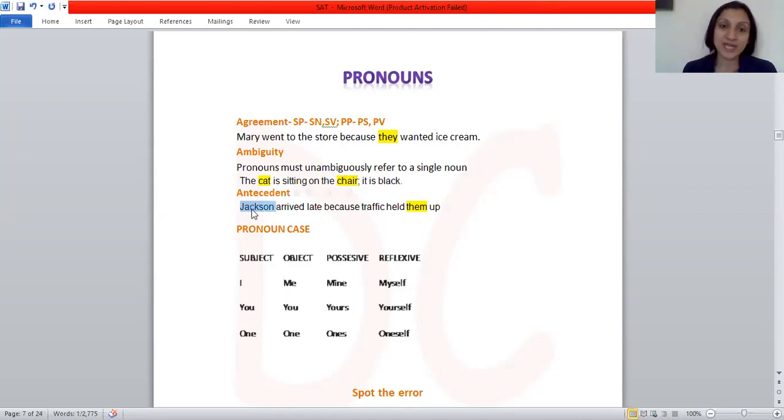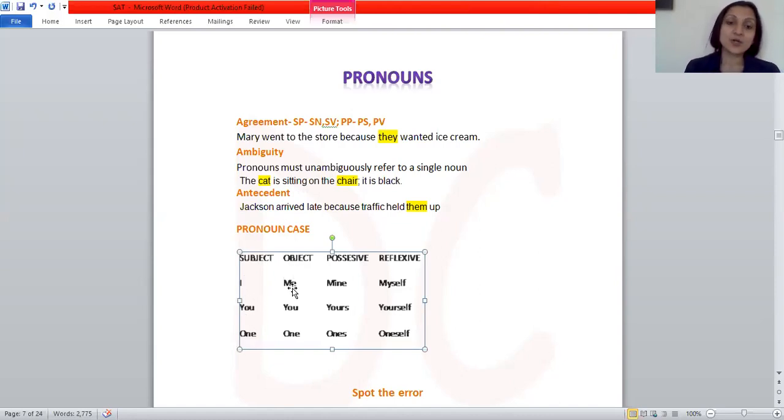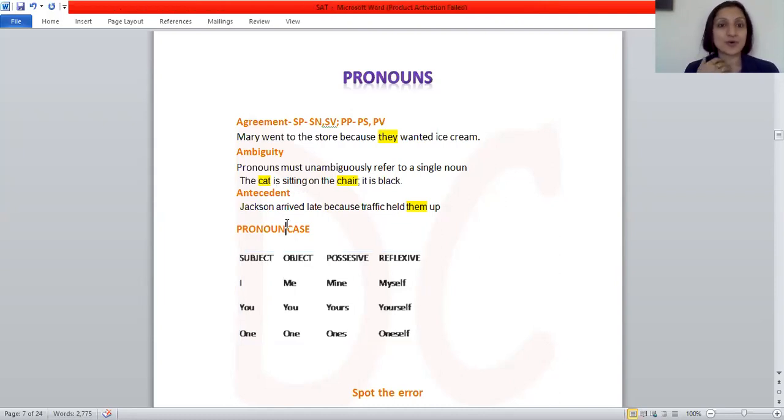Yes. So with antecedent, I'm also explaining the pronoun case. But pronoun case is not very often tested, but if SAT does test you on this, you should know about it. So what happens here is, if you look at the subject case, the pronouns that can be used as subject are I, you, one, and others. But you cannot use me as a subject. You cannot say me going to the zoo, me going for the movie. I mean, yeah, some non-native English speakers still use this, and that's why spoken English is not accepted as